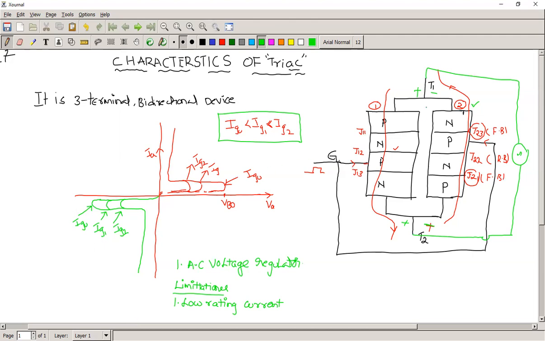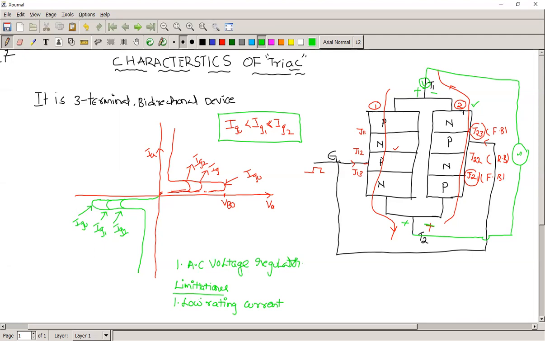The current passing into the A terminal is positive. The current going opposite to the reference we have taken here becomes a negative current. So we have seen how this device allows the positive current and negative current. Also, by using the gate terminal, we control this device. The instant at which it goes to the on state can also be controlled.